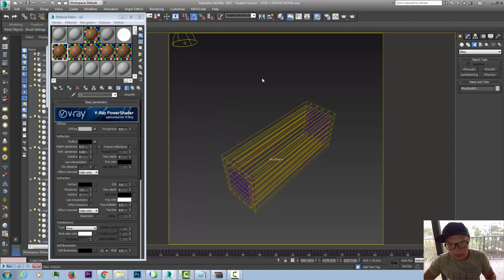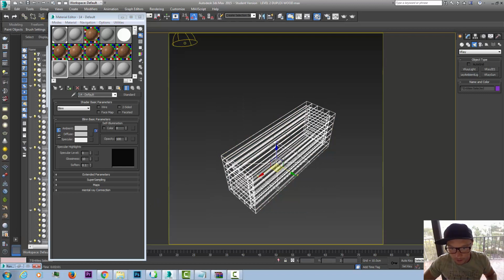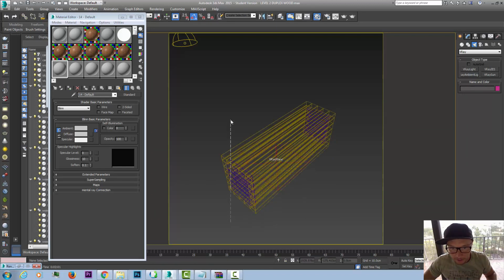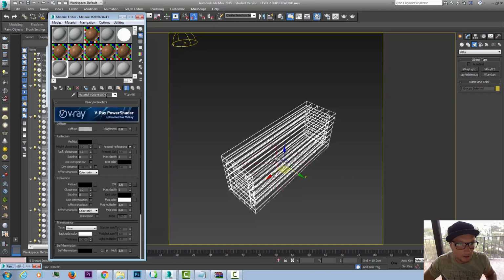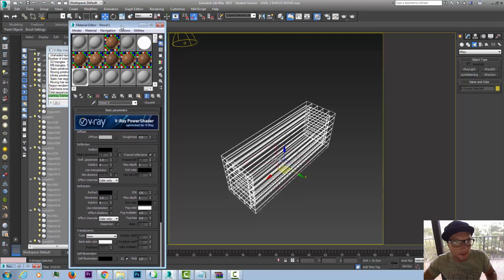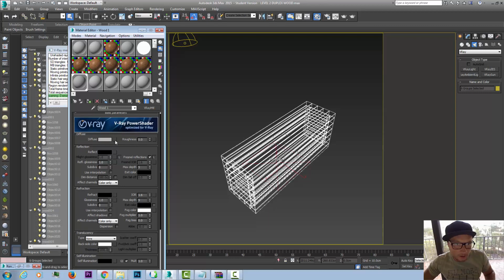Okay, so I'm gonna click C, go back to my camera, and start working on my wood. So first thing first, I need to select my wood object here without the plane and apply a texture. I'm gonna use this VRay material shortcut and call it wood. Let's call it wood 1 because we're gonna duplicate it in order to give different types of wood, different colors to wood. So here in the view slot,